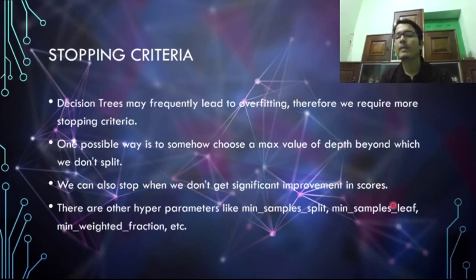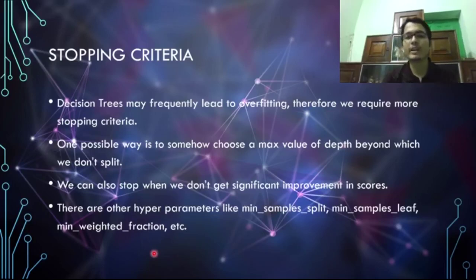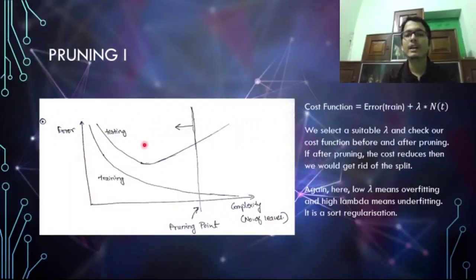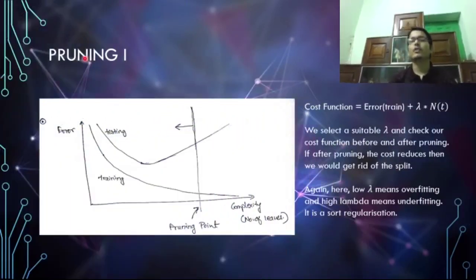There are other hyperparameters like minimum samples split, minimum samples leaf, and minimum weighted fraction. You can go through this in the documentation, and I will provide the link of the documentation also. Pruning is something you need to understand to prevent overfitting. So what it does basically,